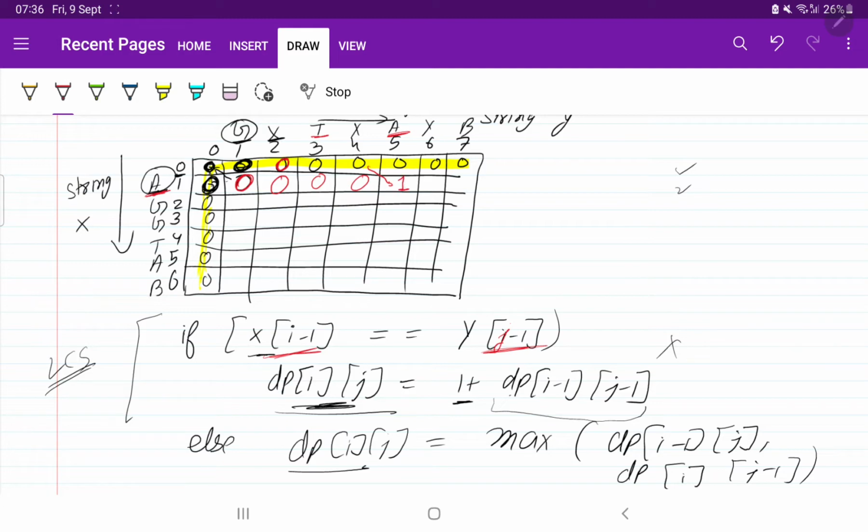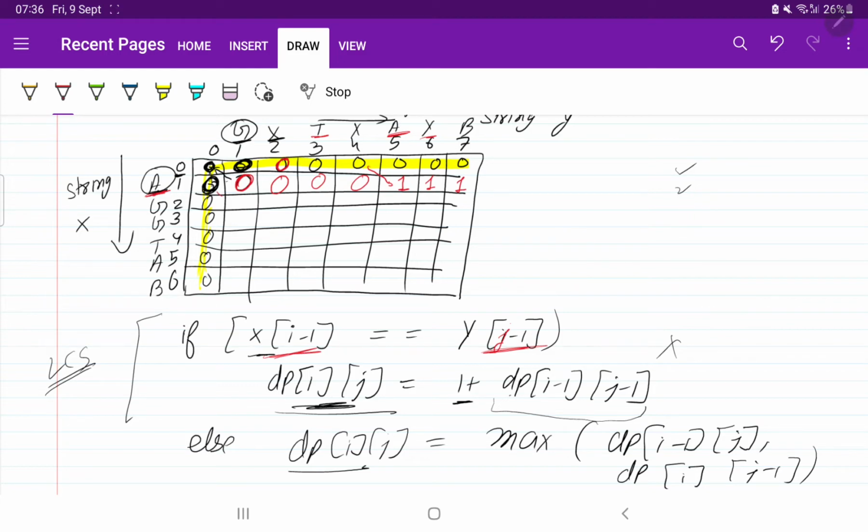Like this we are going to fill the dp. And again if we move further, as you can see y and a are not equal, so we are going to fill maximum of these two, so we are going to get 1. Okay, last element is b, a and b are equal, so we are going to fill the maximum of this. Like this we need to fill the complete dp. Okay, so let us fill this dp fastly.